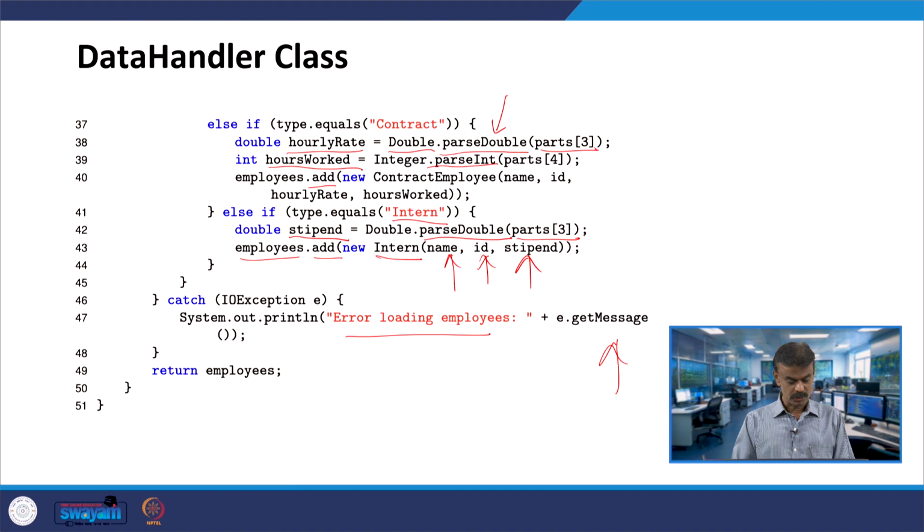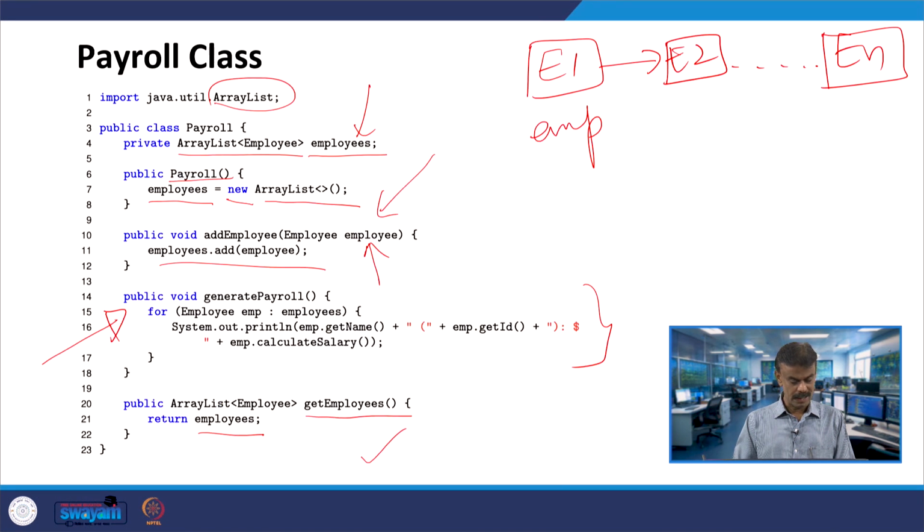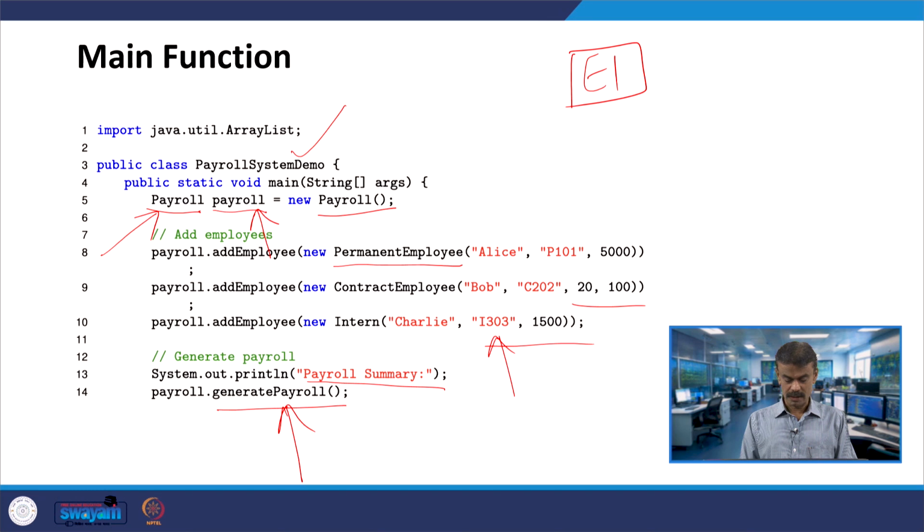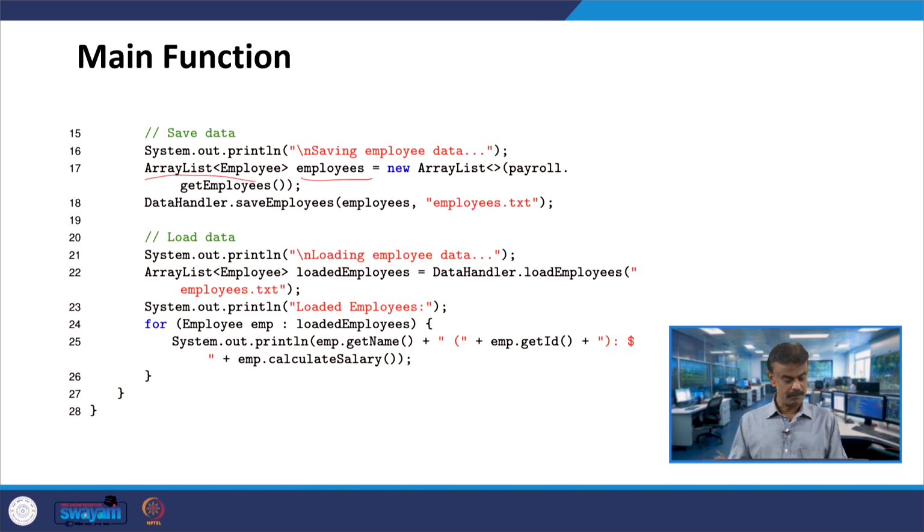In the payroll class, get employees will return employees. There are 3 employees, the names will be returned. So, payroll dot get employees, this you are passing. All the employees list have been passed.